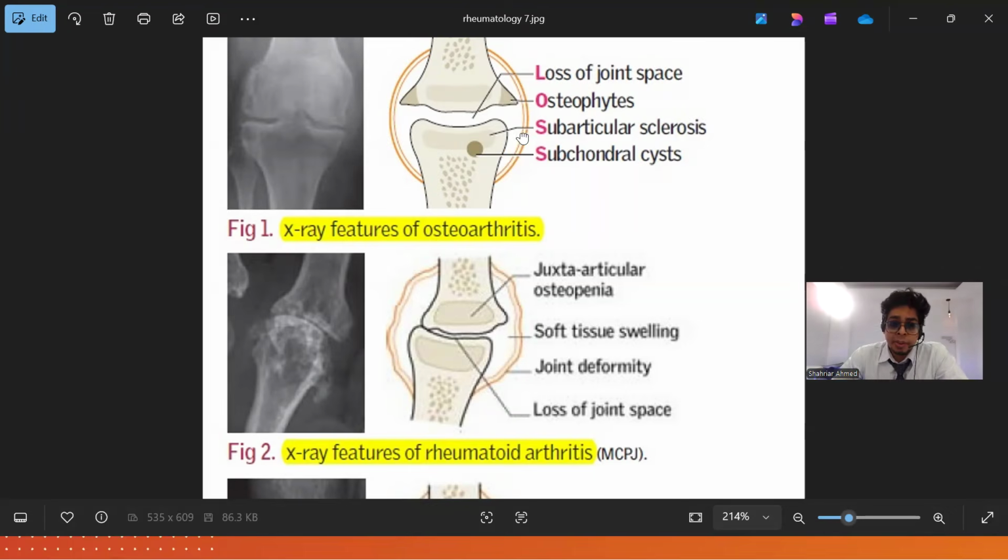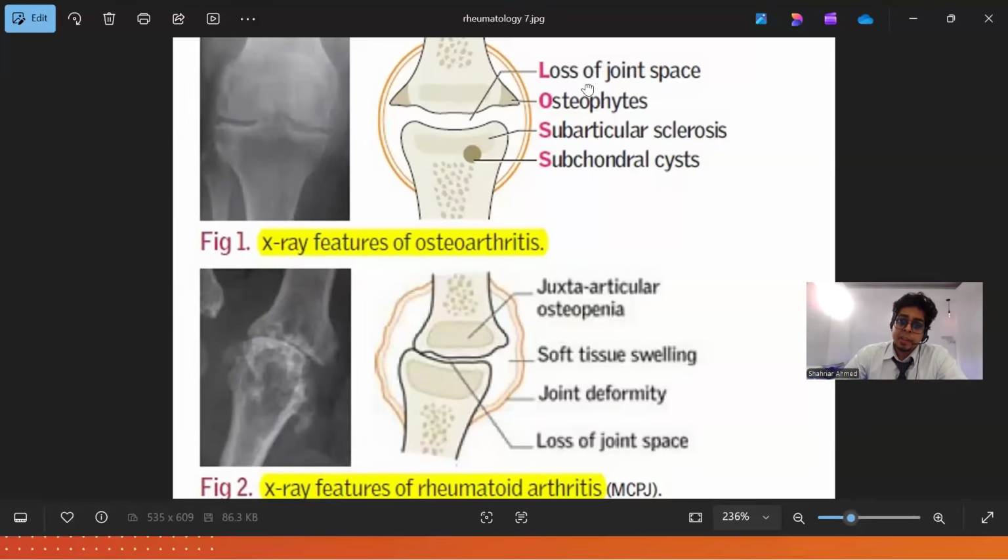Now you come to the non-inflammatory case. What is being seen? Are you expecting loss of joint space? Very much. Are you expecting there will be less synovial fluid? Yes, of course. That's why there is a lot of friction and a lot of pain. Special findings: you see sclerotic, subchondral findings, but loss of joint space is very much visible in the X-ray. It means there would also be less synovial fluid.